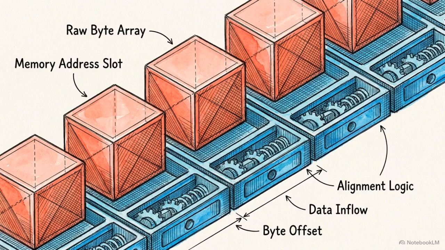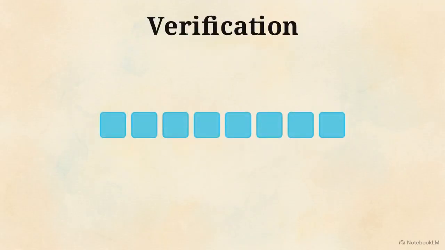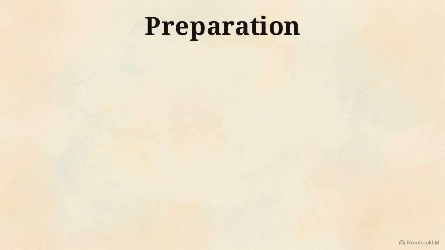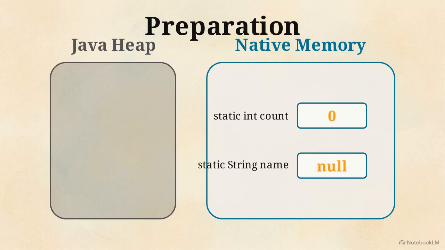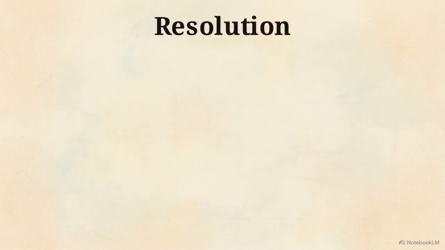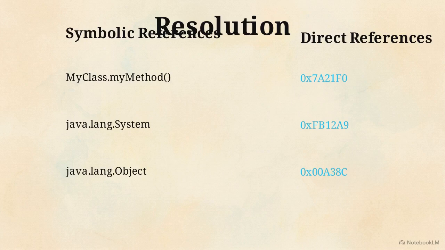Once the bytes are located, the process moves to Phase 2, linking. It starts with verification, a high-security binary check that ensures the code complies with Java language specifications and cannot introduce memory corruption. Next is preparation. The runtime allocates off-heap native memory for static fields and sets them to their default values, mapping integers to 0 and object references to null. Linking ends with resolution. The JVM navigates the internal constant pool, converting symbolic string markers and method signatures into direct